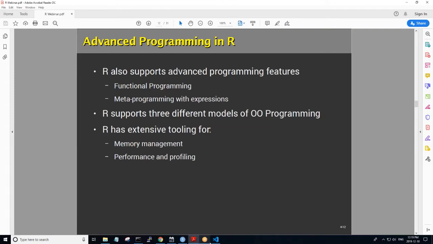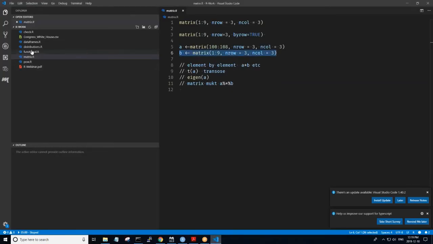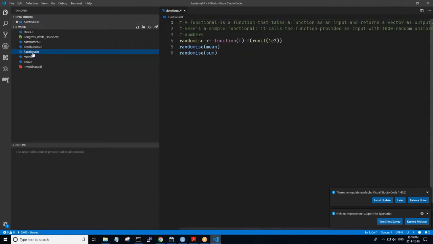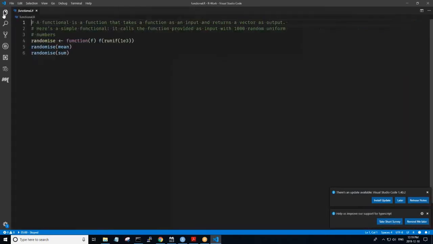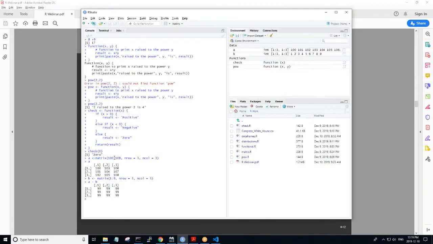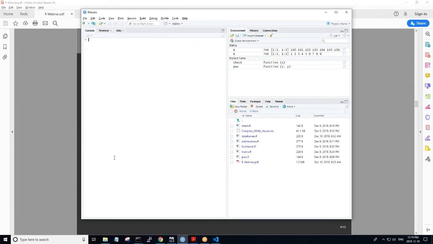Here's just an example of some functional programming in R, in which we're basically going to take a function as input and return a vector as an output. So we have a randomize function that, given some function like mean or sum, is going to return some kind of output. And to just see that that actually works, we'll pop this in here.